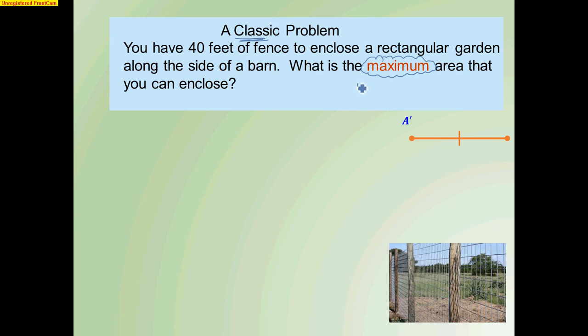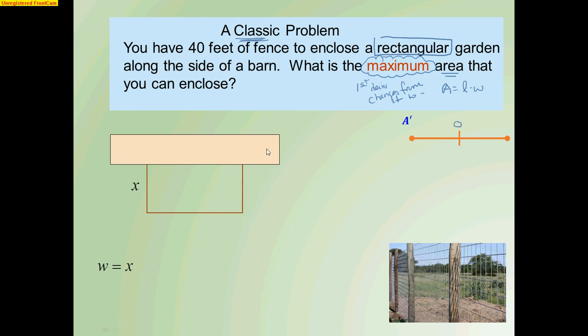So for a maximum, I say to myself, where the first derivative changes from positive to negative, and it's area that I want to maximize. So I already say to myself, area is length times width of a rectangle. So I already wrote down here, I'm looking for where the first derivative is 0 or does not exist and changes from positive to negative. So I draw myself a little picture,